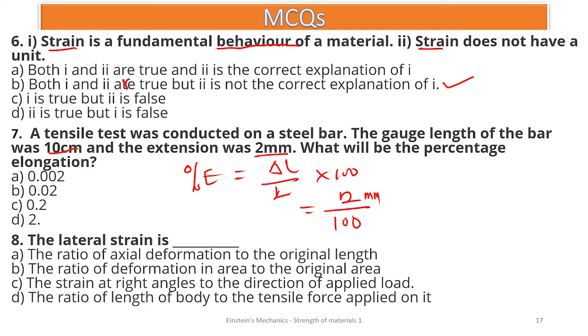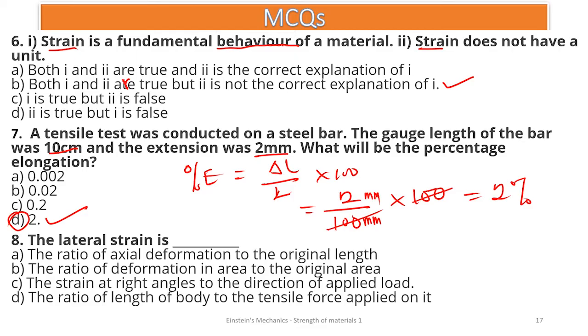I'm converting the length to mm by multiplying by 100. So this can cancel, and that is going to give us what? 2%. Therefore, the percentage elongation is what? 2%. All right. 8. The lateral strain is